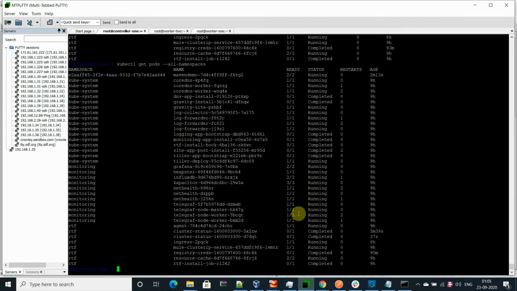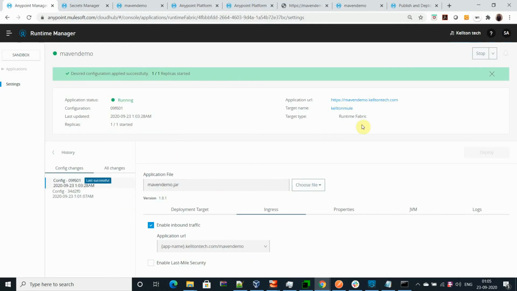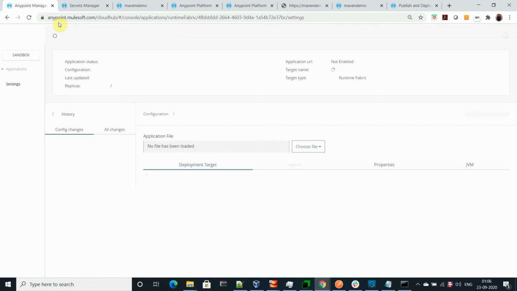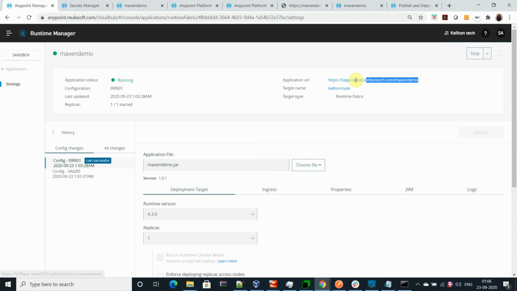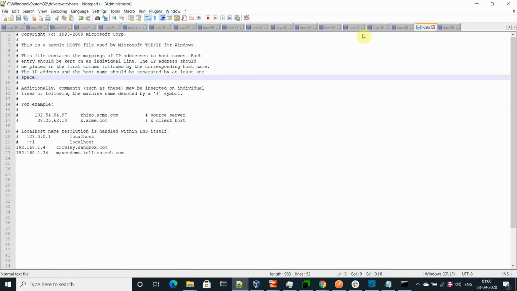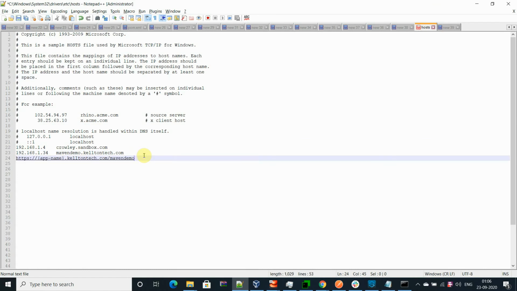So let's see what's happening here. I believe it's done. Let's go and check. Okay, good. Now let's go to the host. You can see that I have already configured the URL over here.